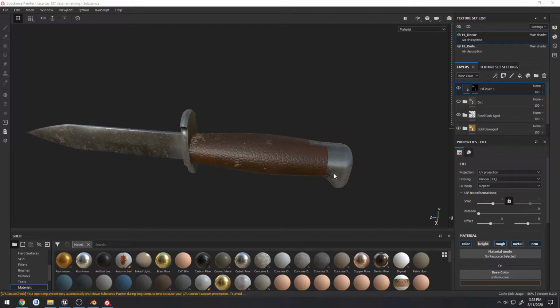So, what we're going to be doing in this video, as well as probably, I think this is going to be a little mini-series that's going to run about 3 videos, is we're going to be modeling and texturing a knife using Blender and Substance Painter. Now, we're going to achieve roughly a result similar to this,